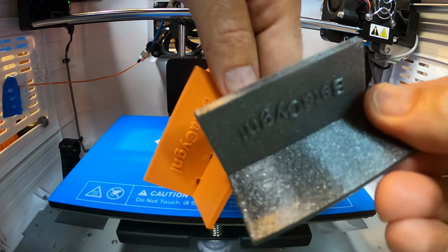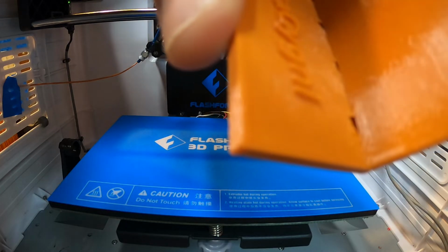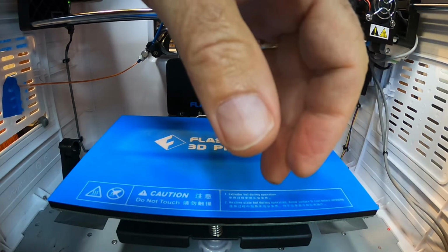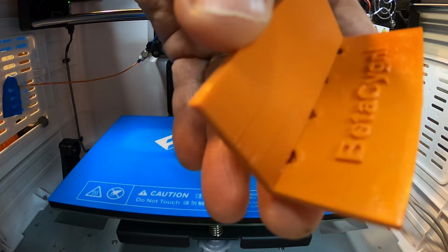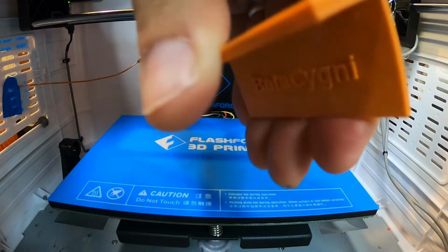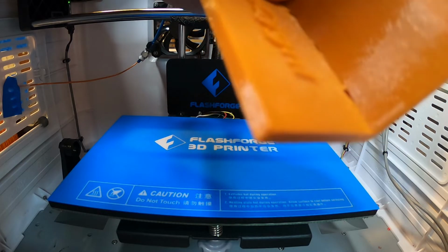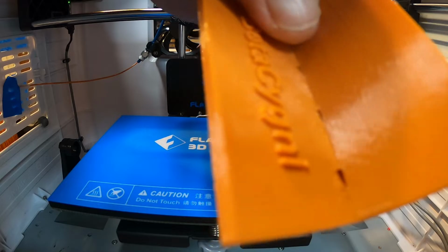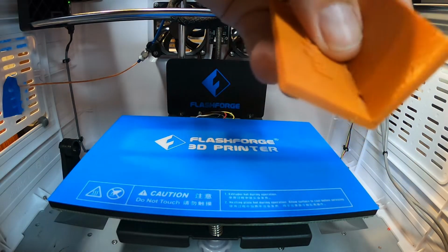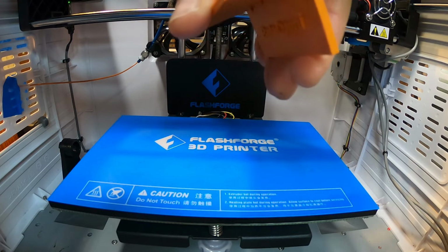Here's one of the last ones we did. Let's see this. Maybe the temperature is too high. Well, that's something new for me. I haven't seen that before. Some little cavities there. Strength is super good. Not sure what could have caused that. I mean, it seems like it's under extruded, but the temperature is fine. The lettering is super clean. This is shiny. Well, I'm going to chalk it up to a one-time glitch for now, and we'll go ahead and print our fun project,